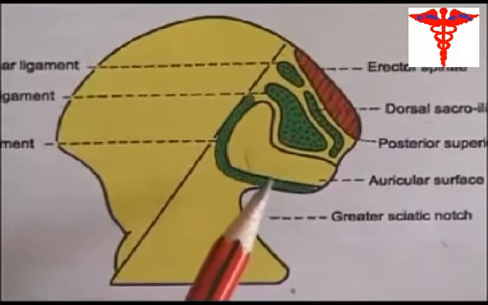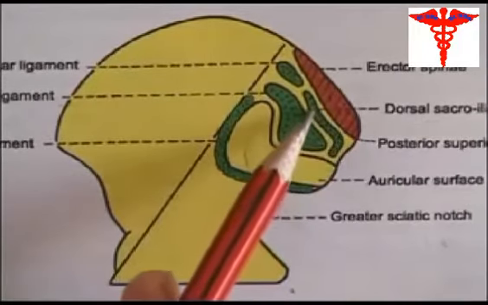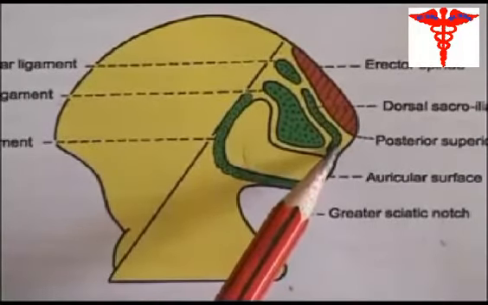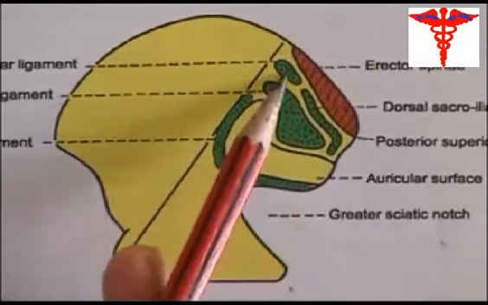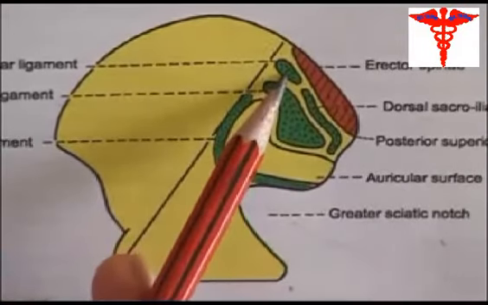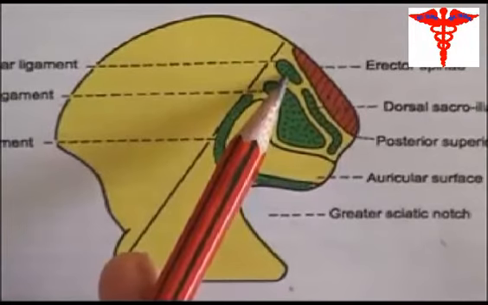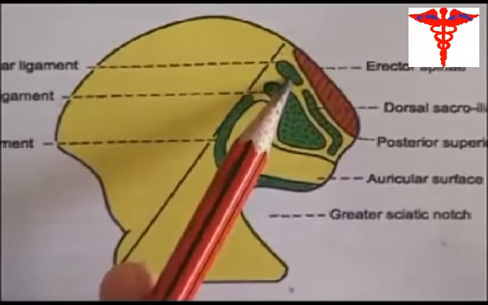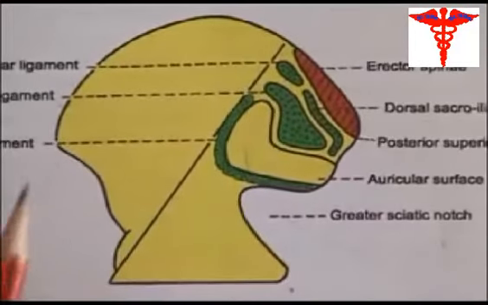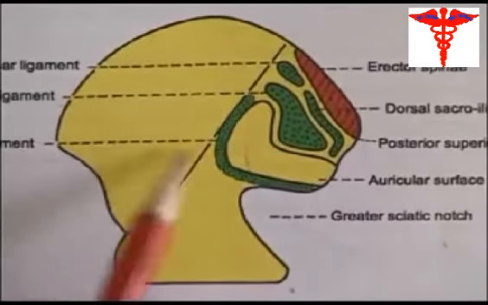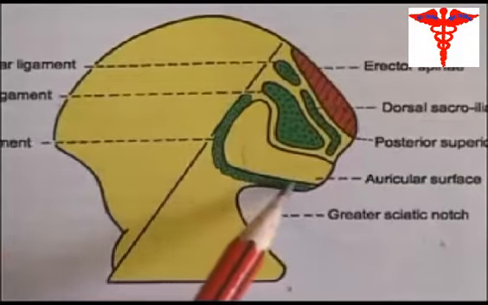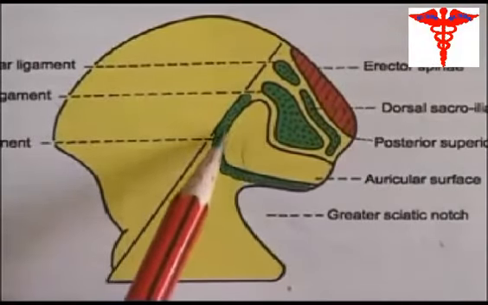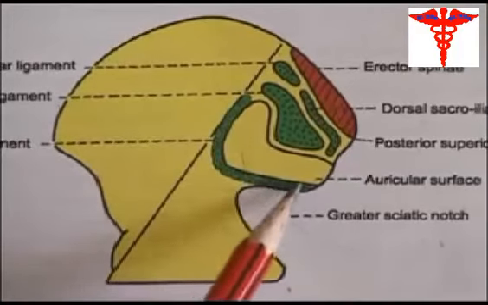The dorsal sacroiliac ligament is attached above the interosseous one on the hip bone. The iliolumbar ligament extends from the transverse process of the fifth lumbar vertebra to the posterior part of the inner lip of the iliac crest. The ventral sacroiliac ligament is attached to the convex margin of the auricular surface. It is also attached to the pre-auricular sulcus.